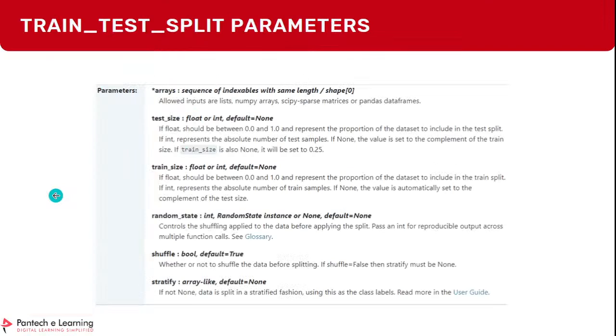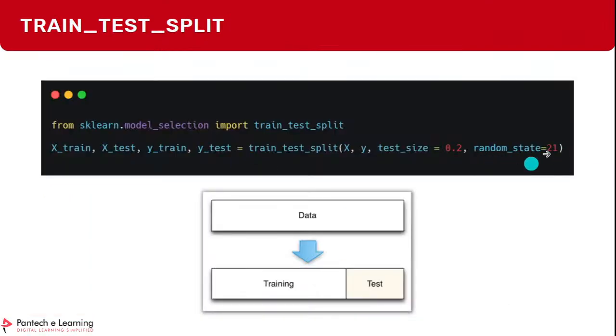Talking about random state, I skipped that. Random state is actually a number. If you don't set the random state, every time you run this train test split, the 200 rows it takes will be picked randomly, and every time you rerun it, it will pick a different version. And if you go with a particular random state number, usually given as 0 or 42 or any number you like, then it will pick in that particular random state. So if you rerun it, you will get the same 200 rows.